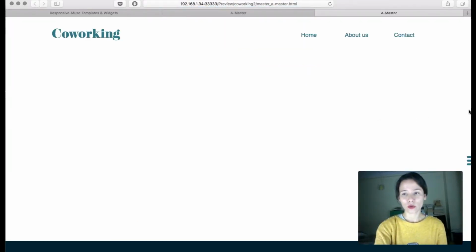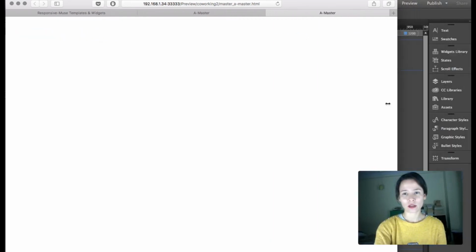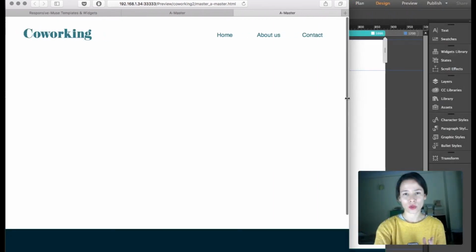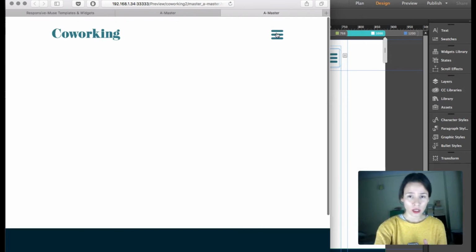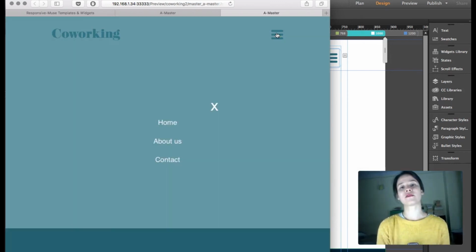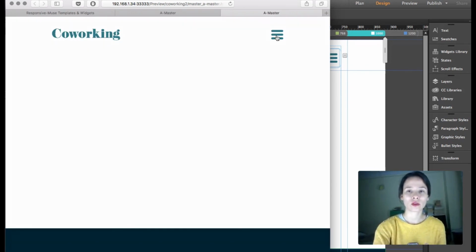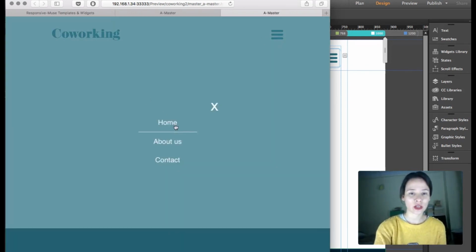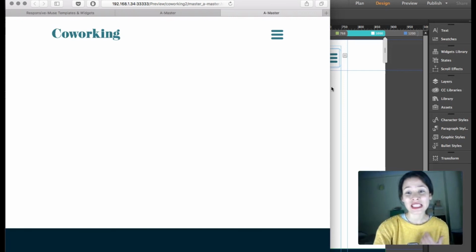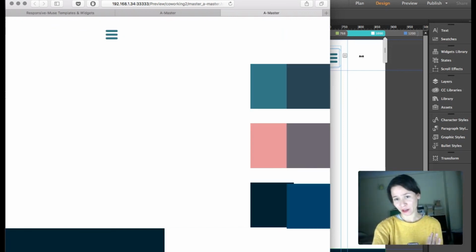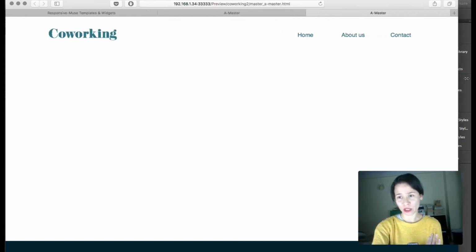So what I'm going to do is bring it so I can reach the breakpoint. And this is the effect. If I want to close it, click on it, it triggers, and we have our mobile menu. This is something fast and basic. Okay, so now that this is done, what we can do is